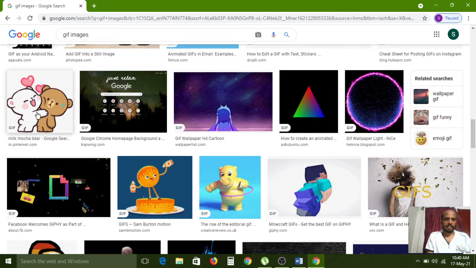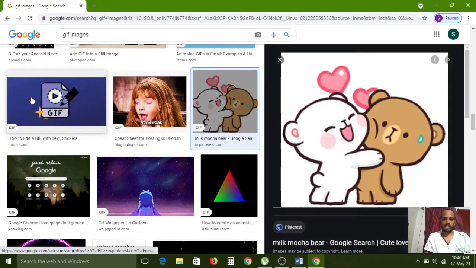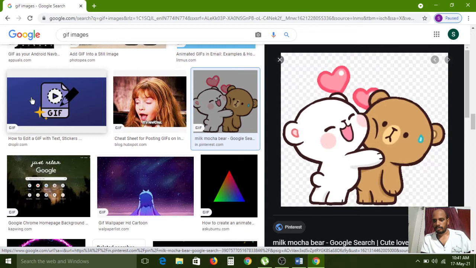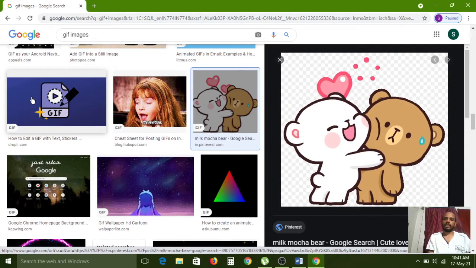And this is also one of the GIF images. It is also moving.